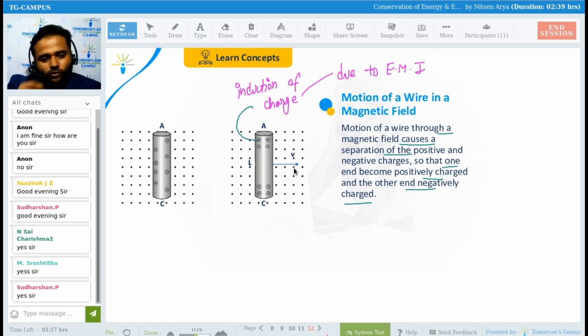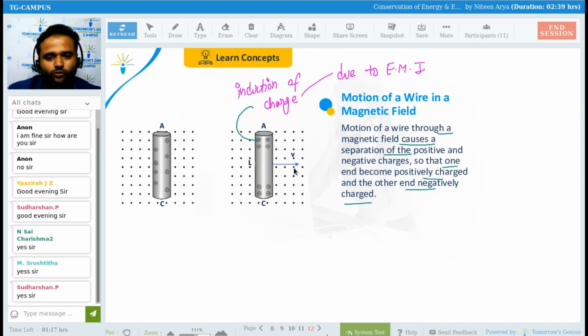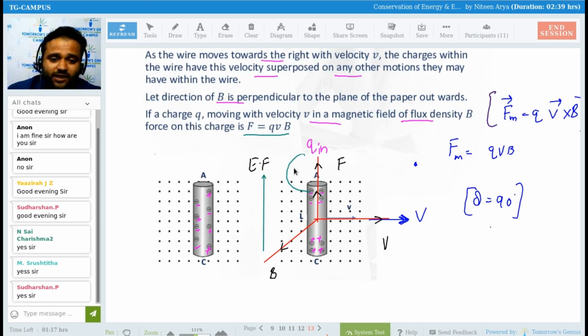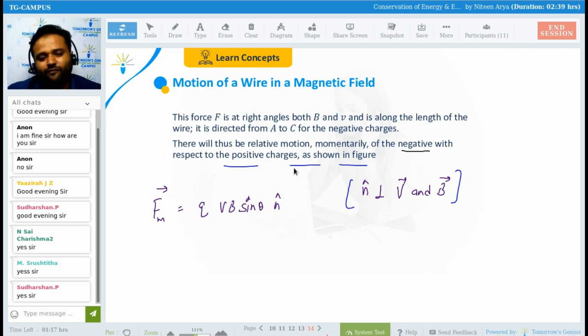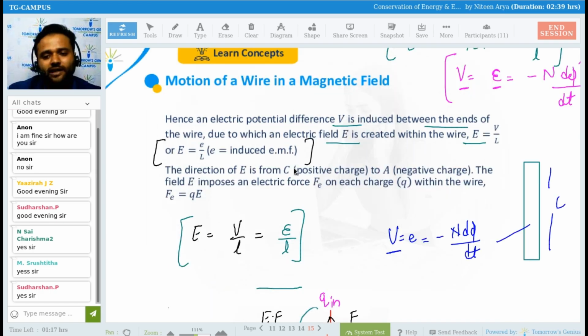In Y direction, your force is going to be applied due to the magnetic force, which is QVB, because this particular conductor has charge particles, charge accumulation. Due to this magnetic force, there is an induction of charge due to EMI, first of all. Induced charge is generated because of force. Which force? Magnetic force. If there is charge induction, there is an electric field, obviously, fair enough. This electric field is nothing but your EMF, or you can say induced EMF by length.